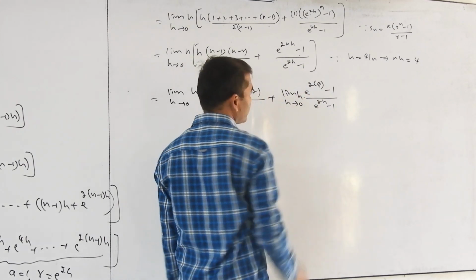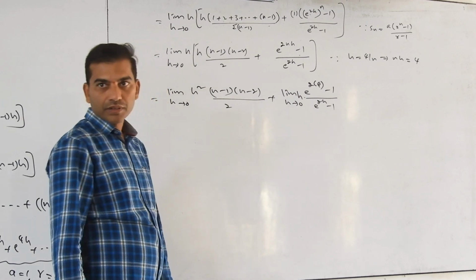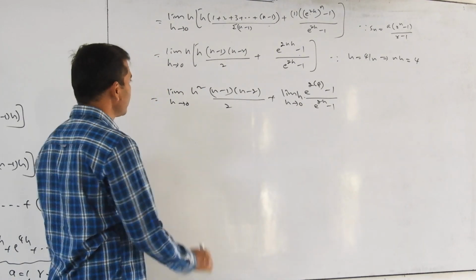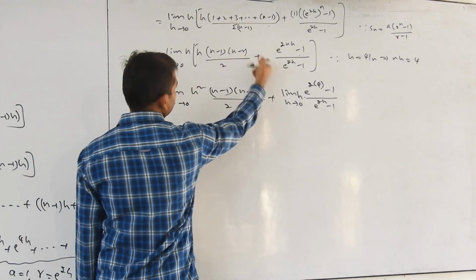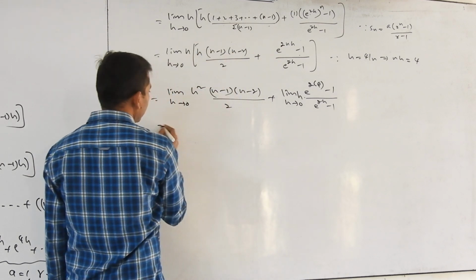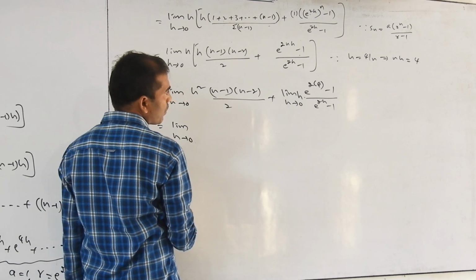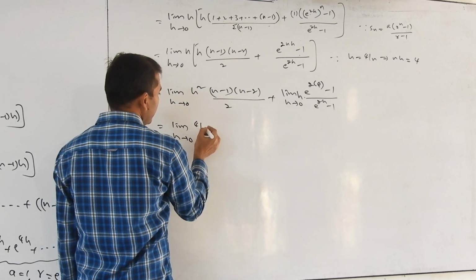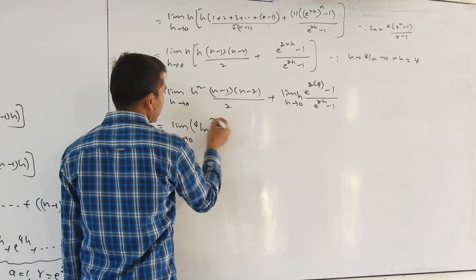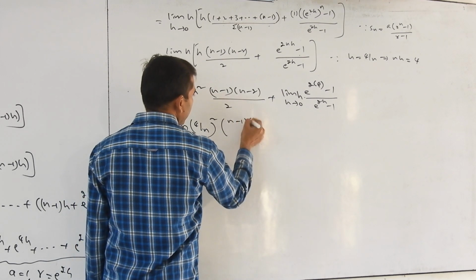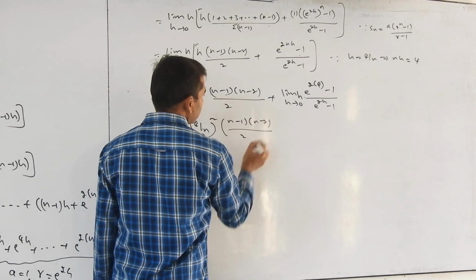This into this. Understood? Right. Open the bracket, h into this, h into this. Limit as h tends to 0, h is equal to 4 by n, so (4 by n) whole square into (n minus 1)(n minus 2) by 2,